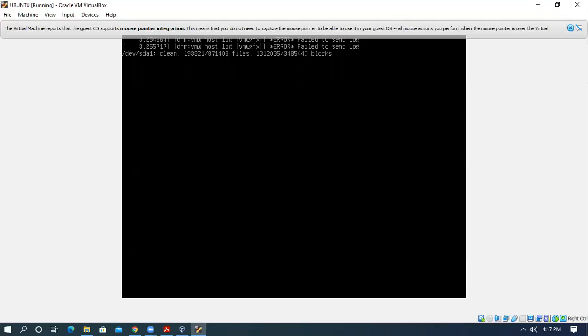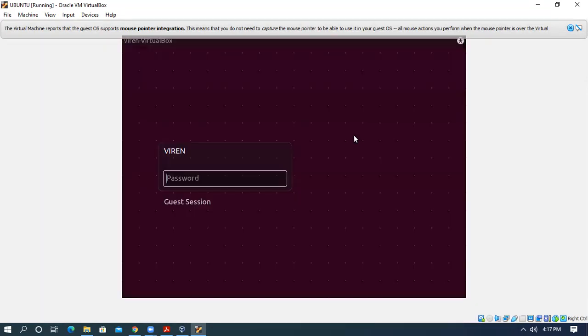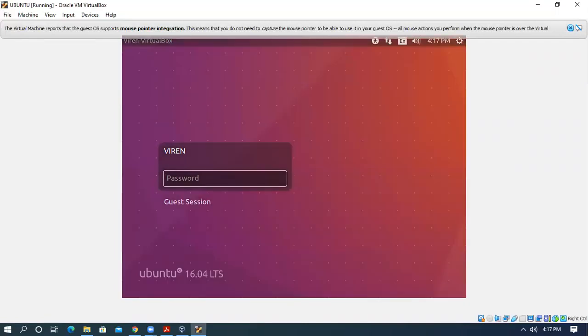Once it is started, we'll see how to log in to MySQL and how to create your own database. So it will ask for the password. In my case, it is root.